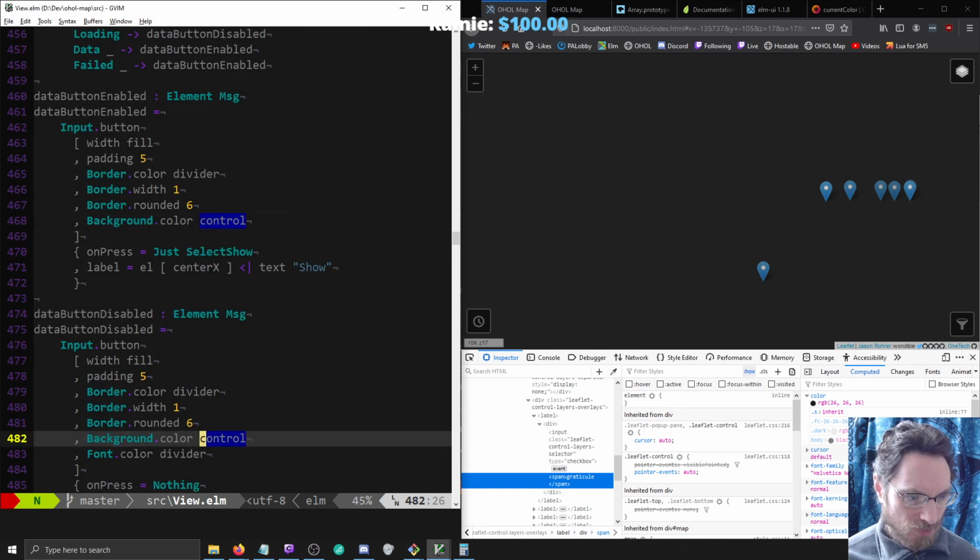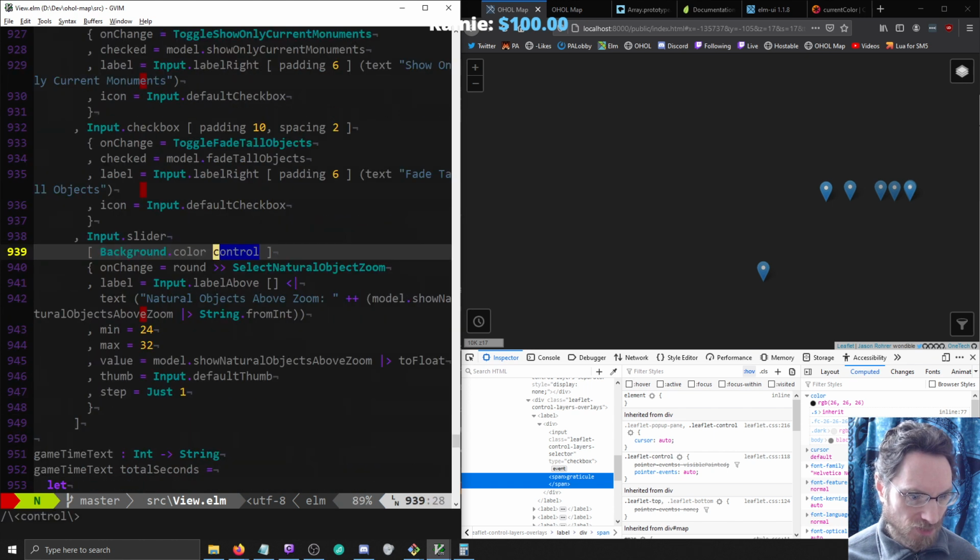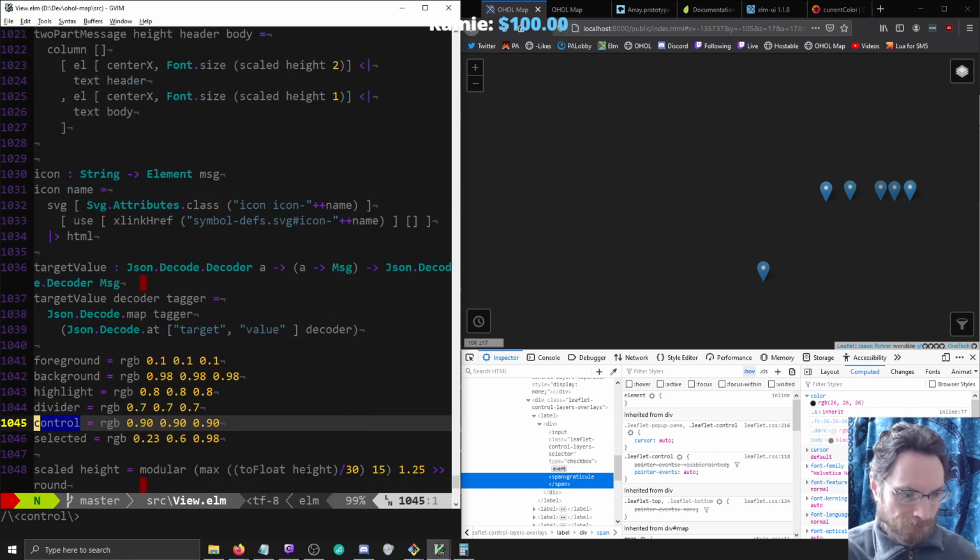Background.color. All right, I may have done some abstraction here, but these are not functions right now. So this is globally set, but